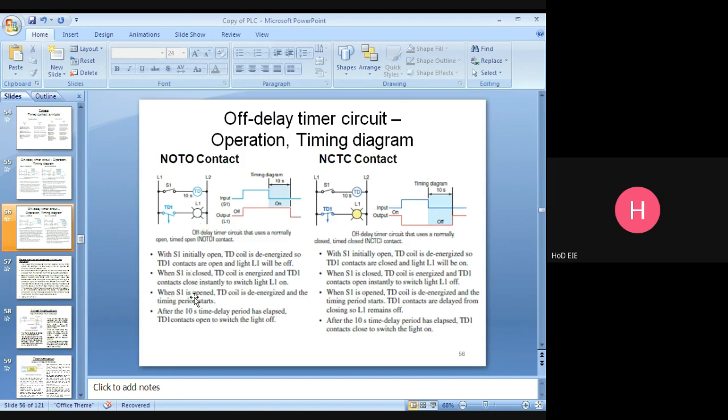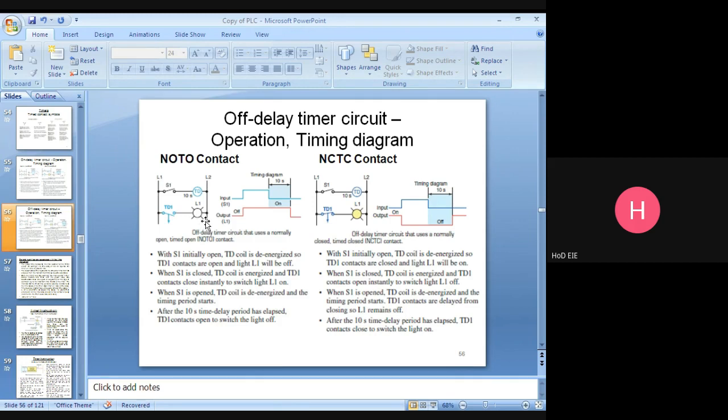Now S1 is opened, which means off. Since this one is off delay, the DD coil is de-energized and the timing period starts. The timing period starts means it counts 1 second, 2 seconds, 3 seconds. After 10 seconds, the time delay period has elapsed, DD1 contacts will open and switch the light off.